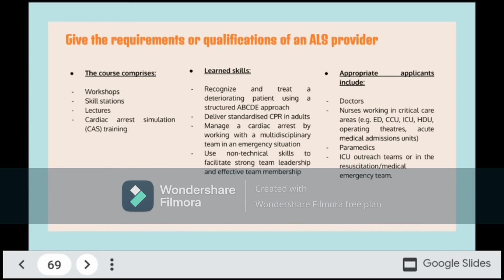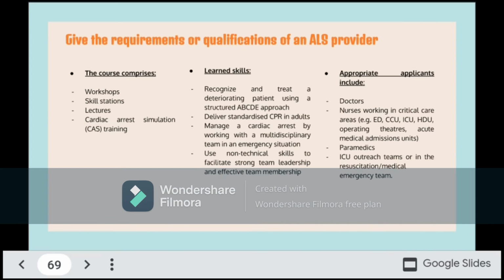learner. So, what are the skills learned for the ALS provider course? So they should be able to recognize and treat a deteriorating patient using a structured ABCDE approach or the airway, breathing, circulation, disability, and exposure. So they also should be able to deliver standardized CPR in adults, manage a cardiac arrest by